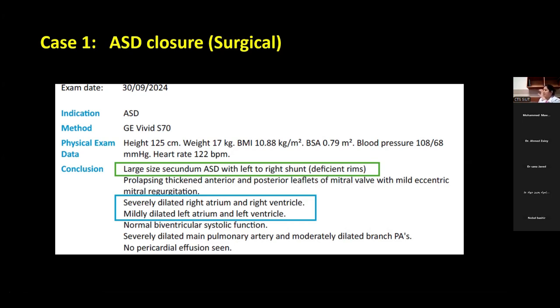So whenever you read things in your book, they are not fixed to the patient. You should not be fixed with what you are reading. You have to make it interpretable, patient to patient. Then you can see, a little finding is given here: the thickened posterior leaflet is prolapsing and there is a mild eccentric jet.